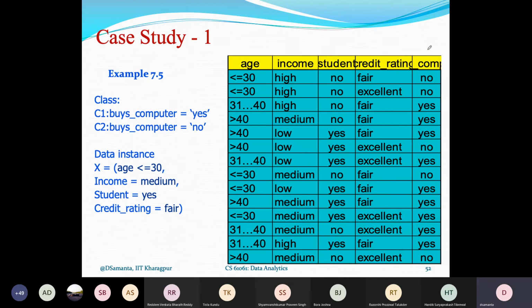Here you see this is the class level. This class level has only no and yes. It is a binary class classification problem. And it has 4 attributes. Age is the 1 attribute. As I said, age is a numerical attribute. And here I intentionally gave a discretization using this formula. So age less than or equal to 30, let it be A1. And then 31 to 40, it is A2. And greater than 40, it is A3. So these are the 3 different levels of values that we can have in this data.